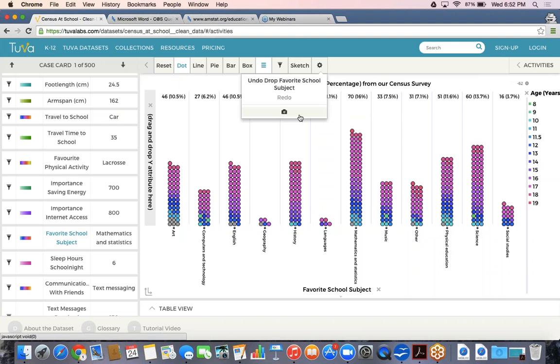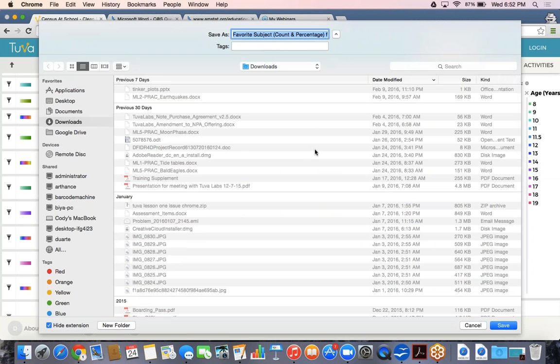button, and it will allow me to download and save this to my computer. And then I can take that and include it in any document that I'd like to input this in. So that's a very simple way of downloading the